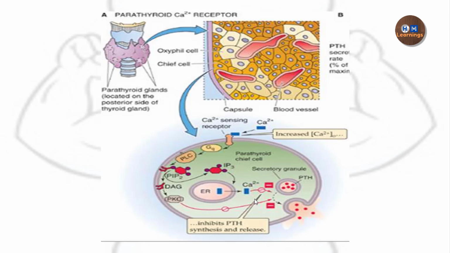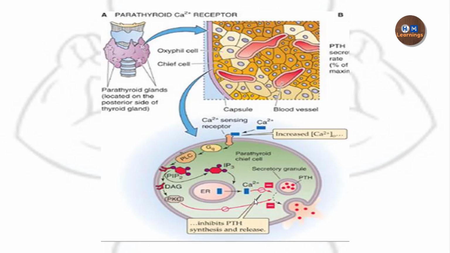So there must be an increase in the intracellular calcium concentration in order to trigger the release of neurotransmitters as well as hormones. But here in the case of the parathyroid hormone, it is not like that. If there is an increase in the intracellular calcium levels, there will be no release of the parathyroid hormone. So why is it happening? It is happening because we know the stimulus for parathyroid hormone secretion is low plasma calcium levels.